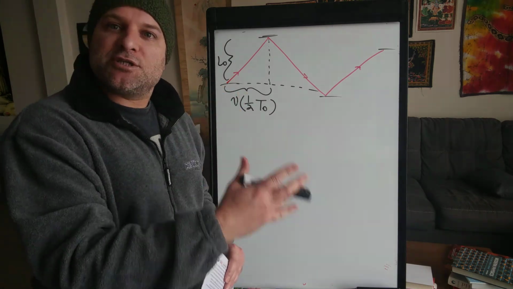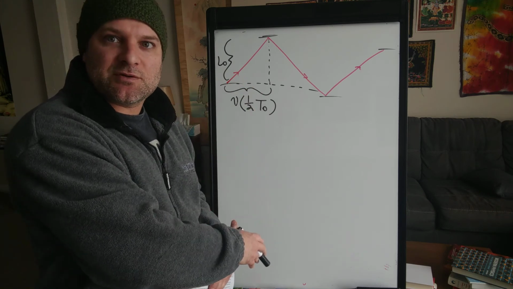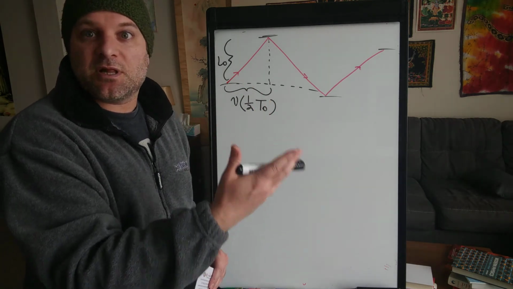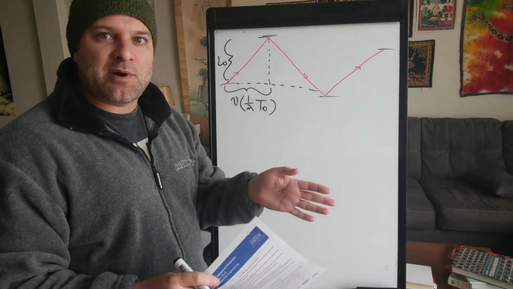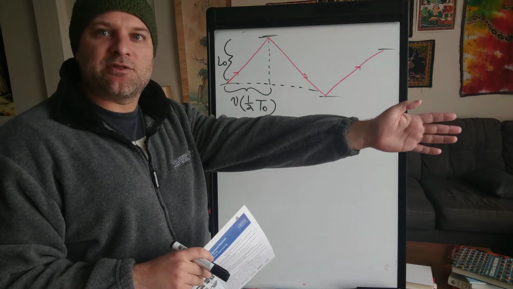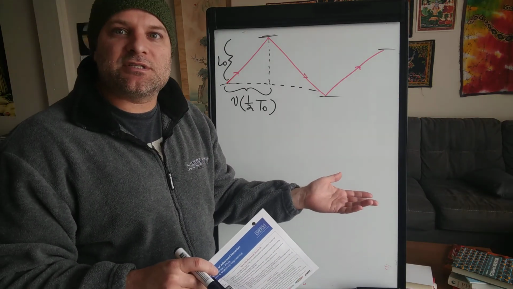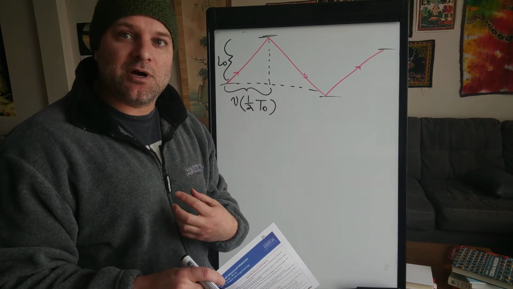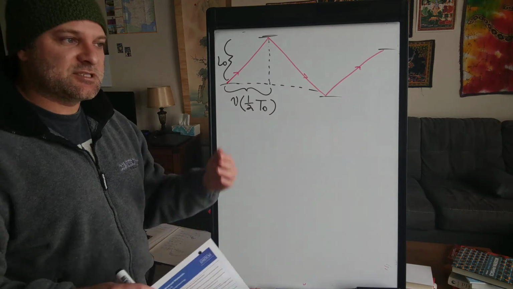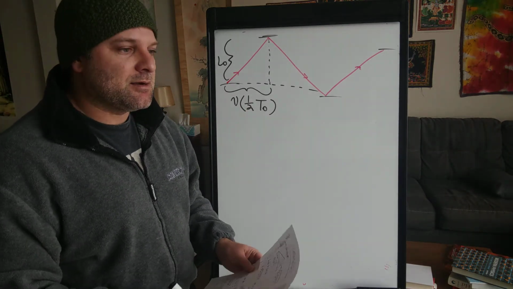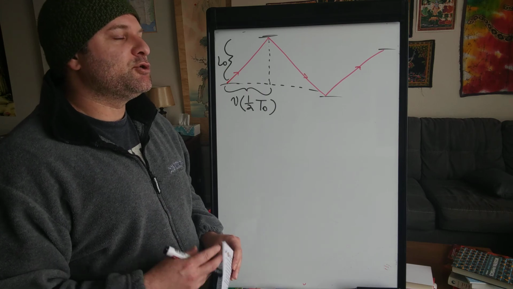Now it's important to point out, and I'll keep mentioning this, that to the person on the ship, it looks like the person on the Earth is moving. It's the same idea as even classical relativity. If I'm on the freeway going 30 miles per hour and the person in front of me is going 30 miles per hour, it doesn't look like either of us is moving from a perspective in the car. Someone on the other side of the road would see us both moving at 30 miles per hour. Likewise, if I'm driving down